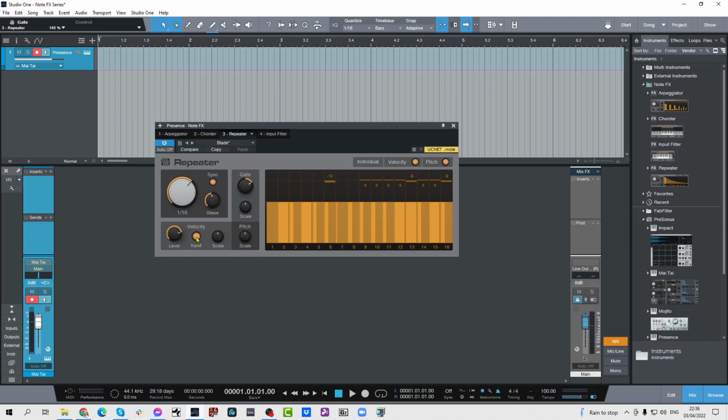Now this button here is velocity relative to input, which is what I've got engaged here. You can change the level of it here. It's set to 80%. But with this button engaged, what this means is if I press the key very softly, all of the velocities in the steps here, the 16 steps, will be relative to that input velocity. So if I press a lot harder,